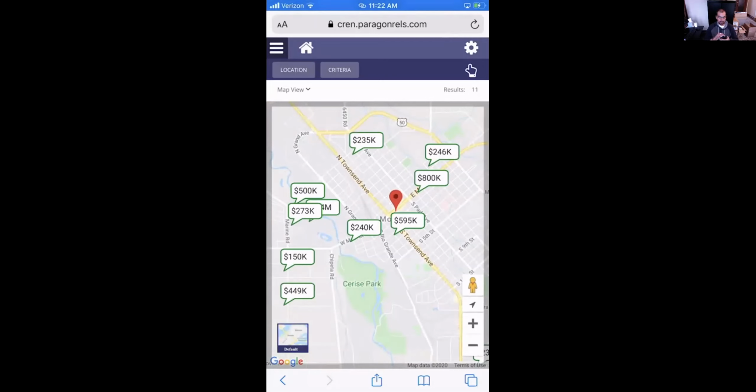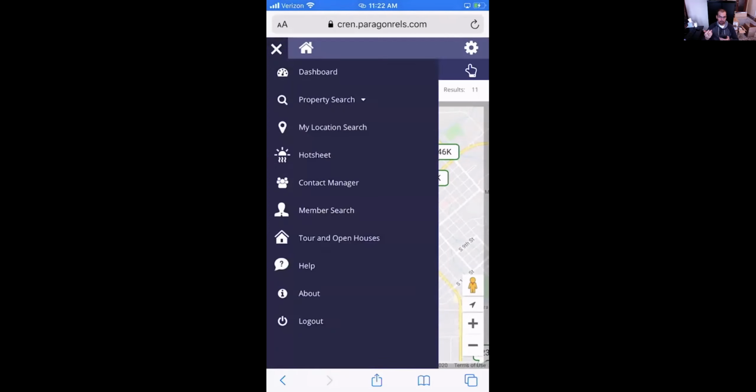Super easy to get those properties pulled up. If you guys are out in the field and you want to see what's available around you, pull up Paragon Connect, go to My Location search, and then all you do is just hit search, and it's going to show you all those properties that are around you. You have your hot sheet again. So if I clicked on hot sheet,